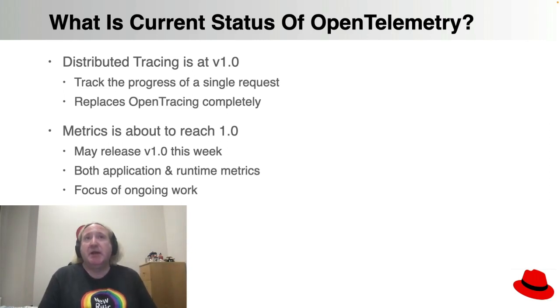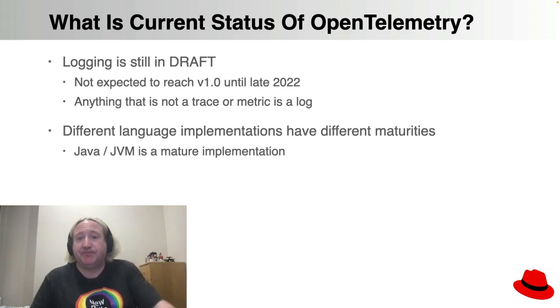Distributed tracing within OpenTelemetry is eating the lunch of all of those projects. And it seems very clear that that is how the industry, not just in Java, is going to do tracing going forwards. Metrics is so close to hitting 1.0. And in fact, it may go 1.0 as early as this week. Now, for JVM, that means both application and runtime metrics. There is still some work to do to make the JVM metrics, the ones that are produced directly by the VM itself, i.e. the ones that we'll use JFR for, completely align. It's the focus of ongoing work, but metrics is now very close as well.